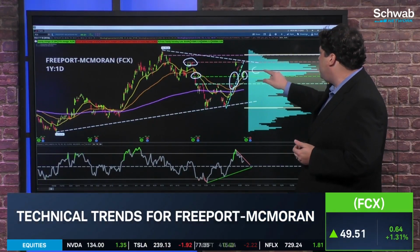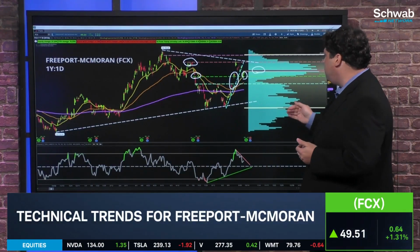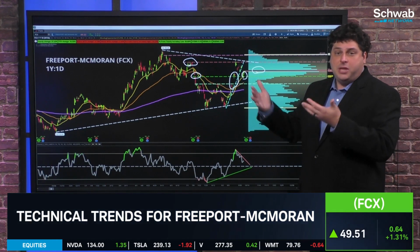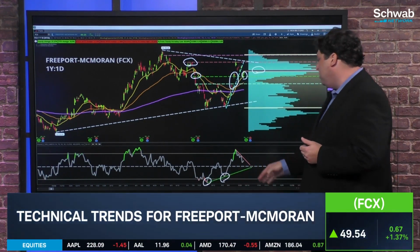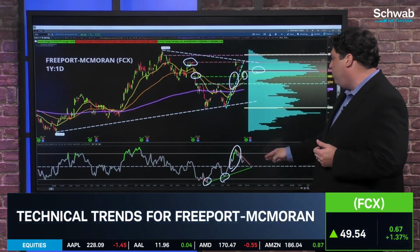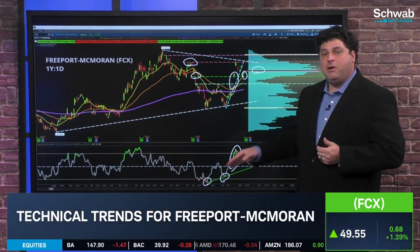We are basically right at our volume profile point of control, the area of heaviest trading. So this will be a key area for us to work our way through, hopefully for the bulls to the upside. So when we look at RSI, trending upward here, momentum had been improving for a while, took off like a rocket there into the overbought area, but moderating a little bit now, trending downward, but still above the 50